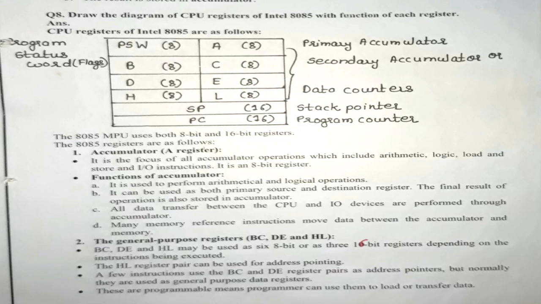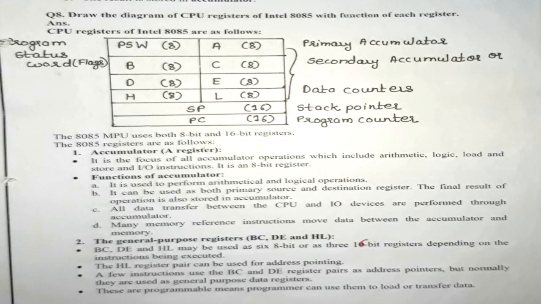So now just see the first row. The first row, first column contains PSW. PSW stands for Program Status Word. These are nothing but the flags. In 8085 we are having a total of 5 flags, and as we mentioned here, PSW is an 8-bit register. So the remaining 3 bits are actually empty, or we keep those bits for future use. So PSW is nothing but the program status word, which is a flag register, and this particular portion we are going to learn in detail in a further section.